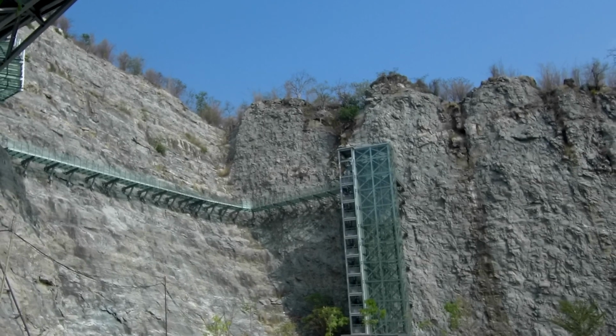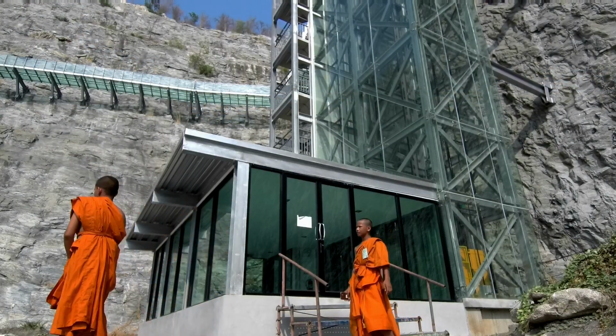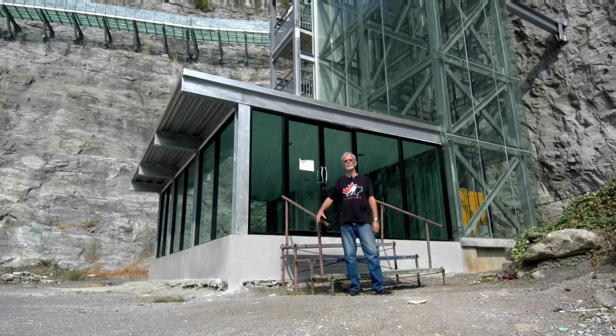And here we have novice monks wanting to try out the glass walkway, but oh dear, what a shame, it's closed. And this guy seems to have discovered the same thing, and he seems to be saying that that's all for this episode,